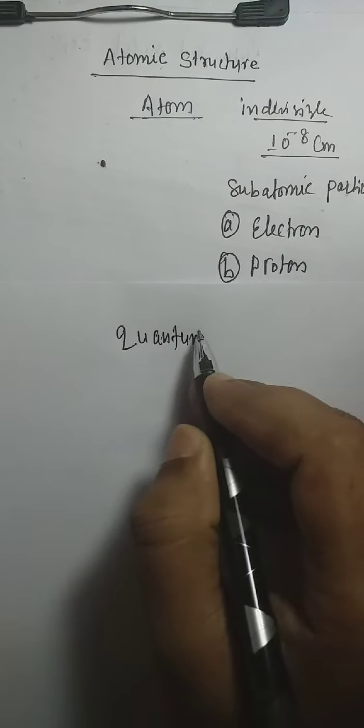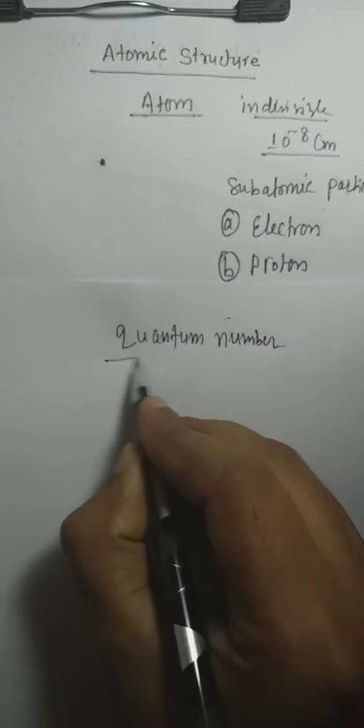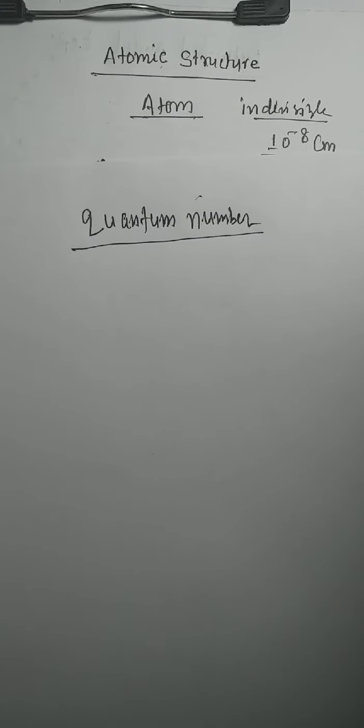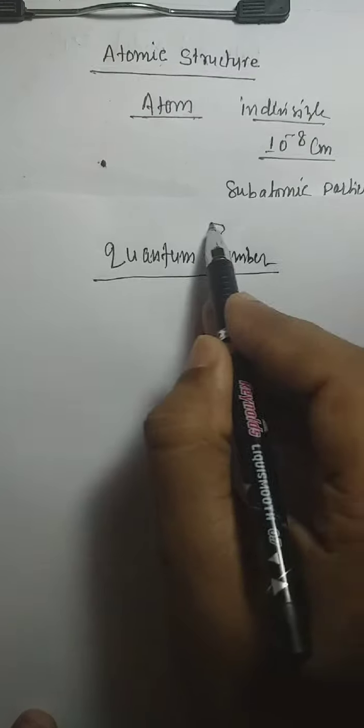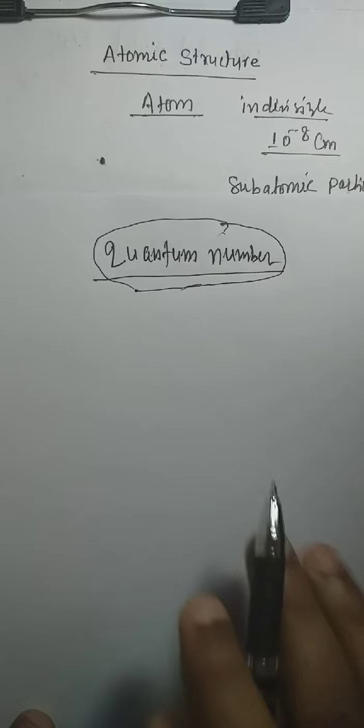We all know electrons are present at a definite position, similar to how we recognize someone's address by the post office with respect to its pin code: which country it belongs to, which state, then which district. Similarly, quantum numbers give an idea of the exact location of finding electrons. On this basis we get an idea of where the electron will reside and what its position is. The exact idea comes from quantum numbers.